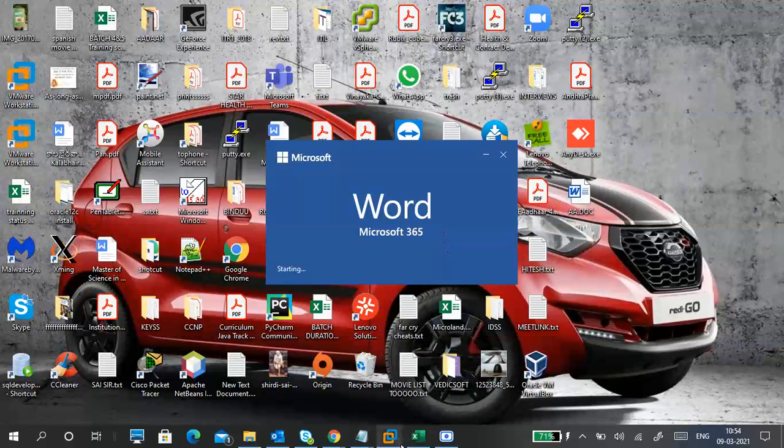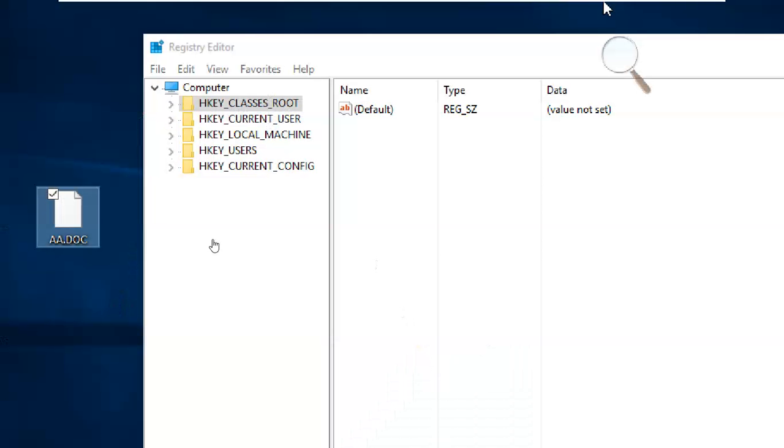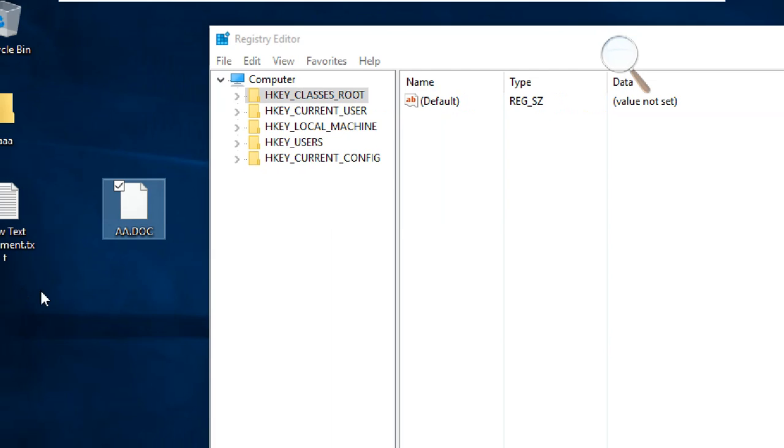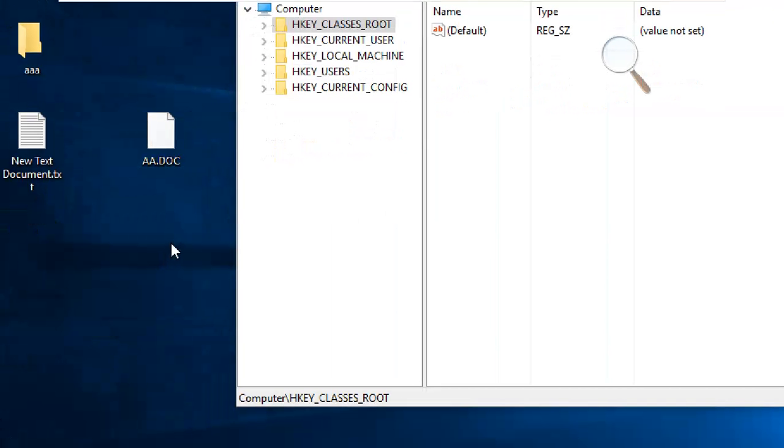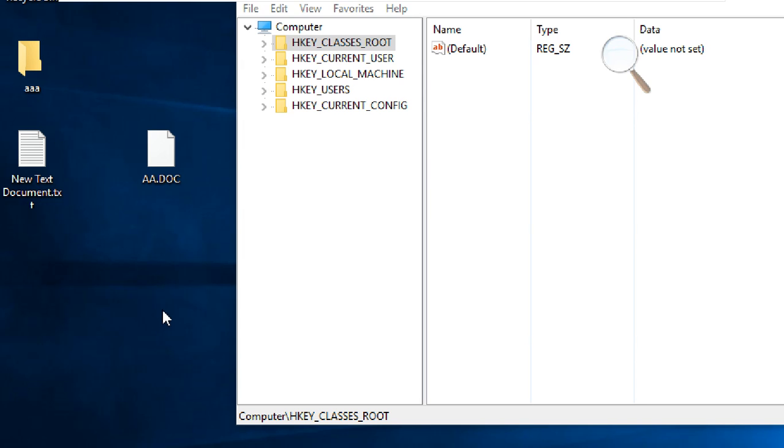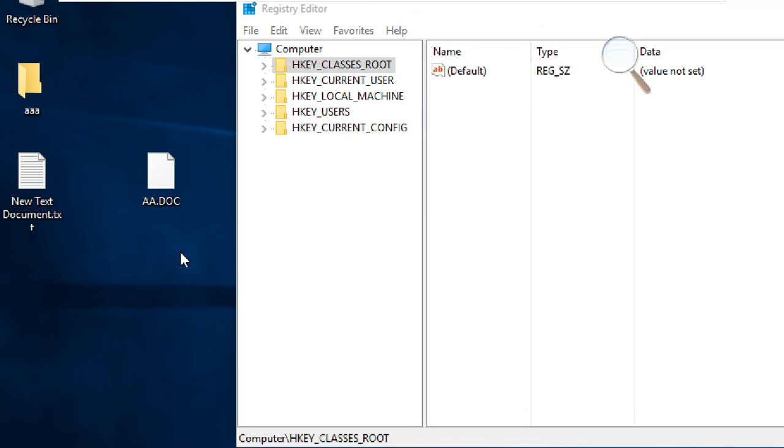See why? What is the difference? The difference is in this PC I didn't install MS Word, or any application related to opening a .doc. So if I didn't install that application, that dot extension is not registered, that application's information is not in the registry, so the system doesn't know how to open the file.